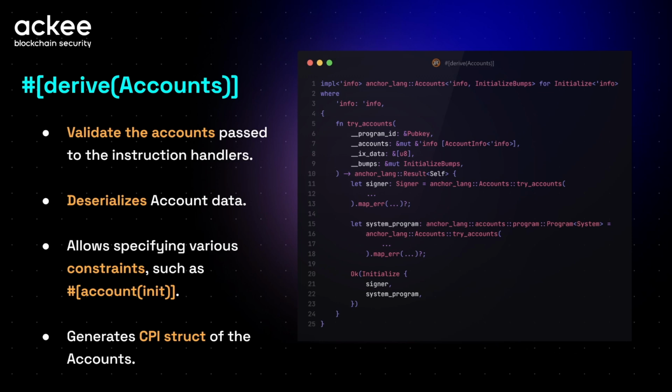I said that the accounts field is expected to be an array of account infos. That means this is a completely raw implementation of the accounts your program expects. Let's say you would like to create a metadata account for any kind of token you are creating within your program. That is possible.